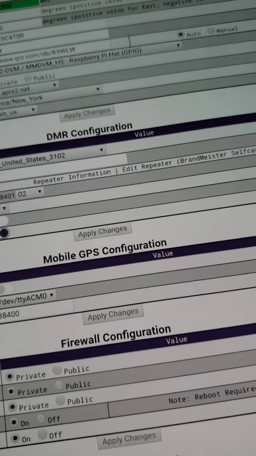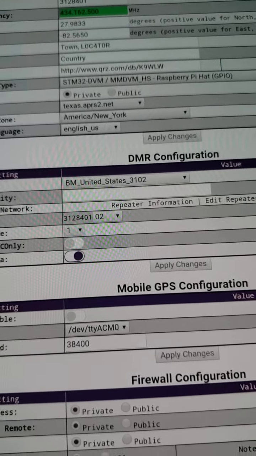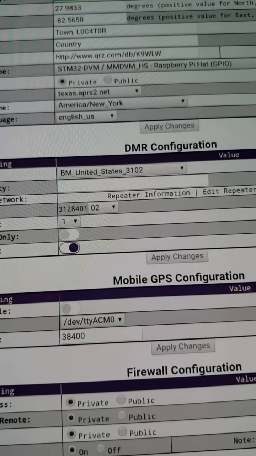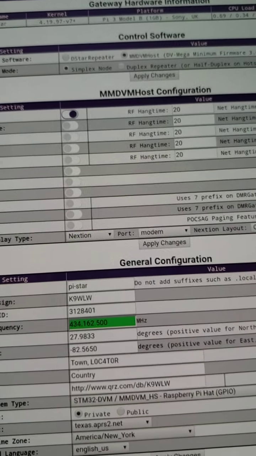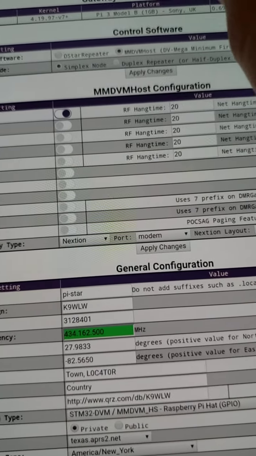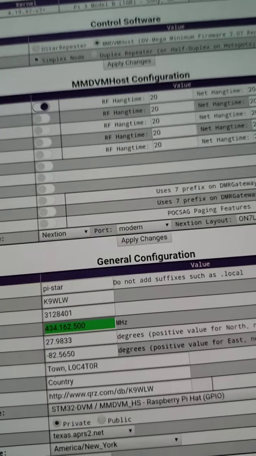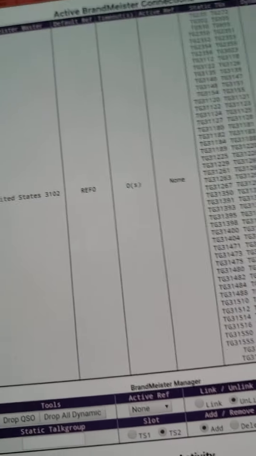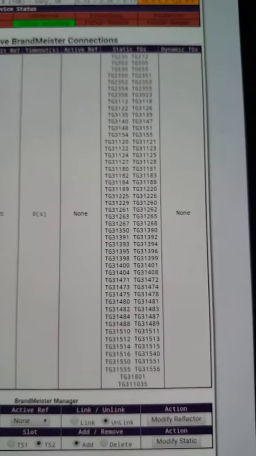Okay, I'm waiting for the apply changes to update. Pi-Star's a little slow. Okay, now it's starting to move along. And it's still moving along. Okay, it is updated. I'm going to go to the admin page on the Pi-Star. I'm in the 02 suffix. Now look, all of a sudden I've got this